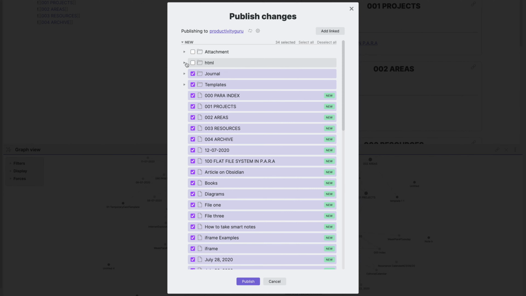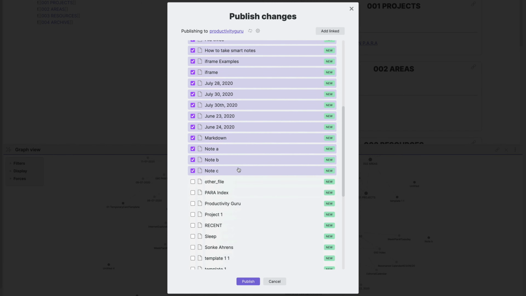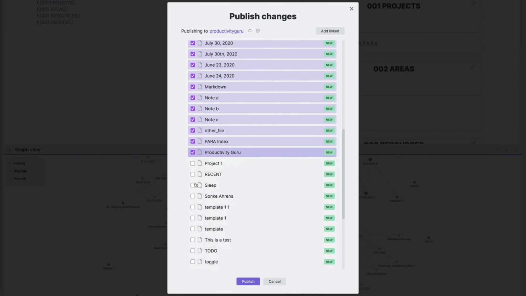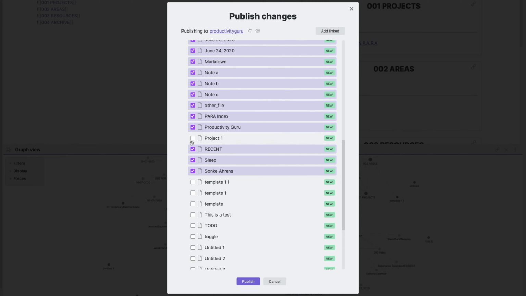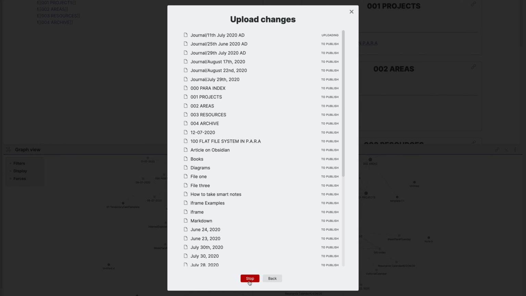There's a video on templates coming soon. For now, let's just skip attachments. I'll add that later. And we click publish.